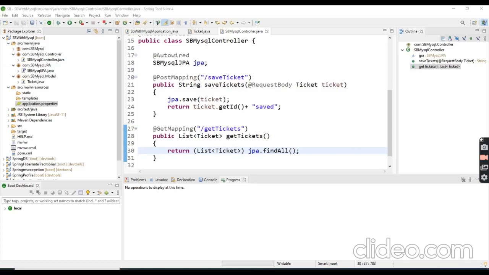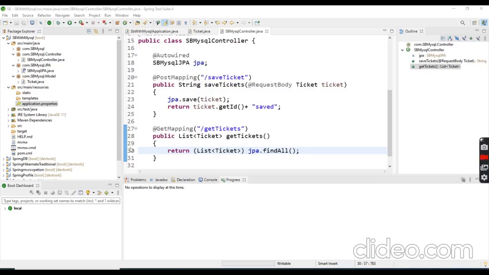Normally, when we perform Spring ORM integration, the first thing we need to add is the data source. Inside the data source, we need to add four properties: class name, URL, username, password. The driver class name is actually the MySQL driver. The URL is the database URL, then our database username, then our database password.